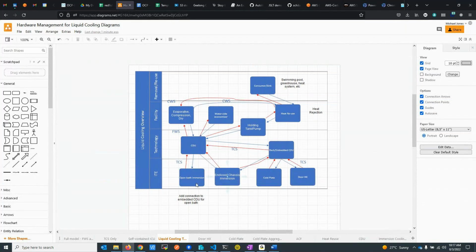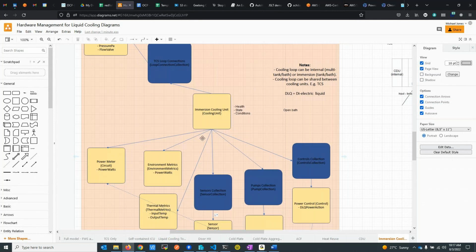Or they're just an immersion cooling unit? Now, I don't believe there is, because they're both going to have the same superset or subset of these resources, but